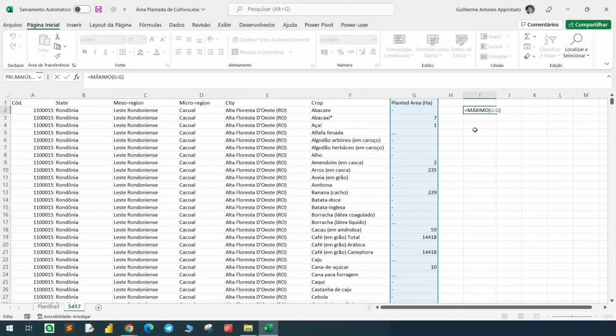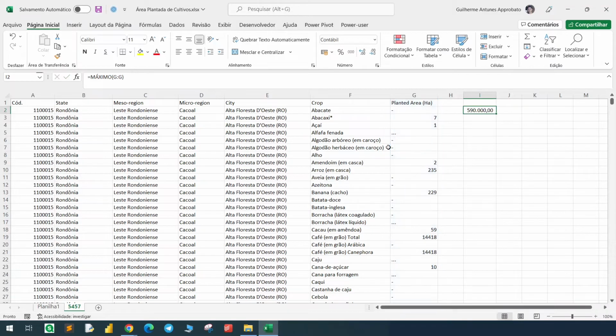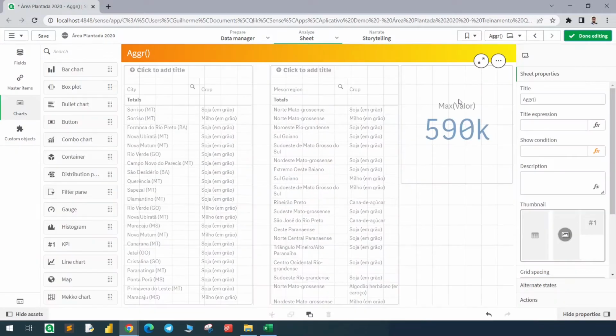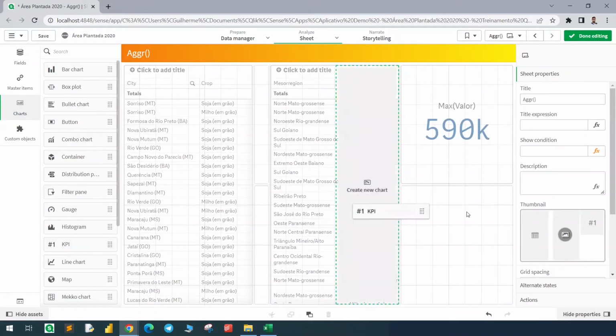Just to show the same result in the Excel file, we have here the max formula, bringing the max value in this column, okay? But let's say that we want to bring the max value from this table with the mesoregion and crop. How can we do that? For that, we need to use the Aggr function, combine it with the max. So let's bring here a KPI,